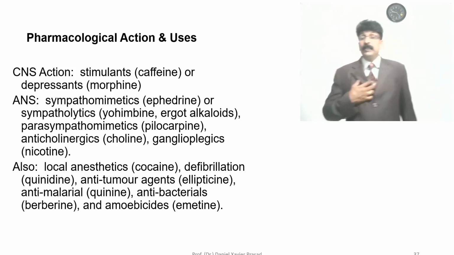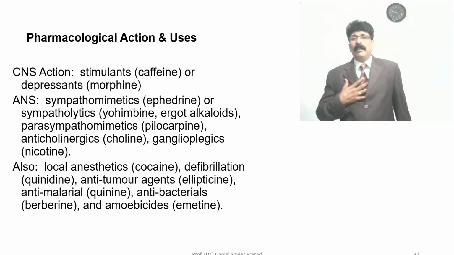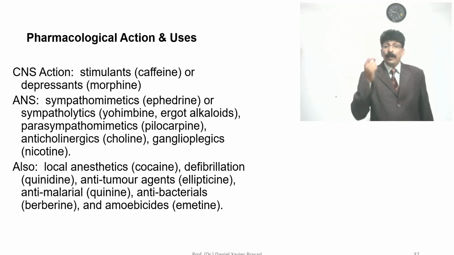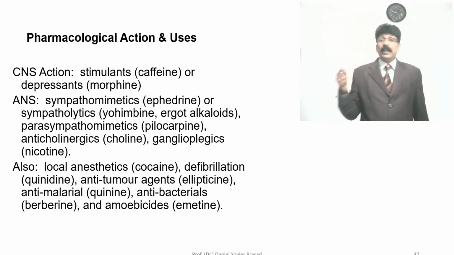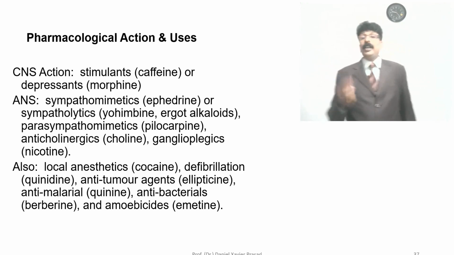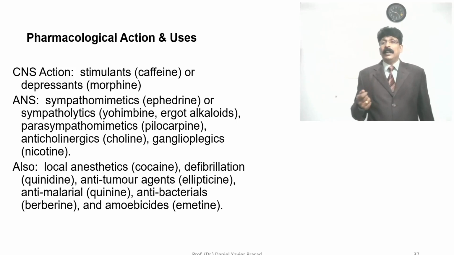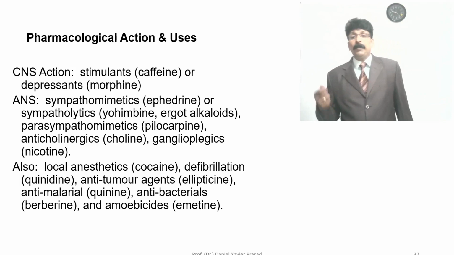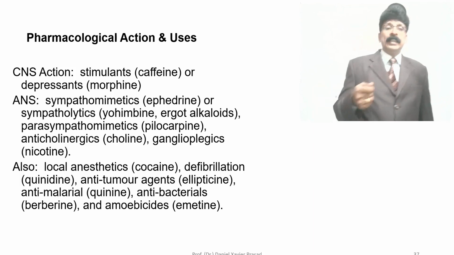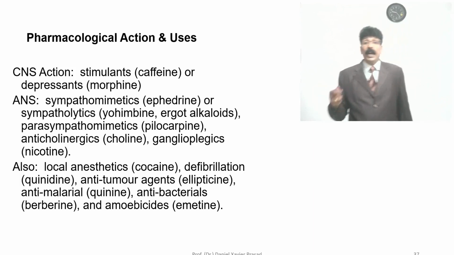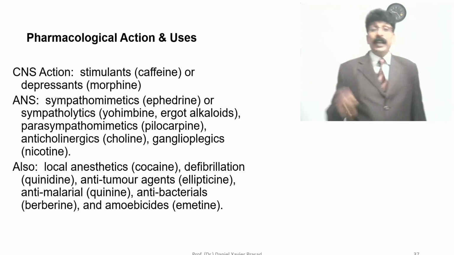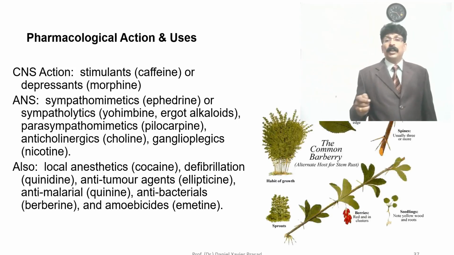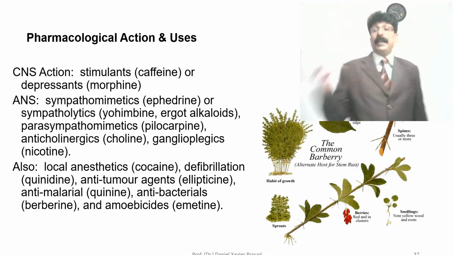That is, for example, the rhythm of the heart can be controlled by means of an antifibrillating agent like calcium channel blockers, and there are many drugs, but quinidine also has this anti-arrhythmic action. Anti-tumor agent like ellipticine, anti-malarial quinine, antibacterial berberine, and amebicide like emetine. So you see lots of pictures here, there are many, but we have discussed